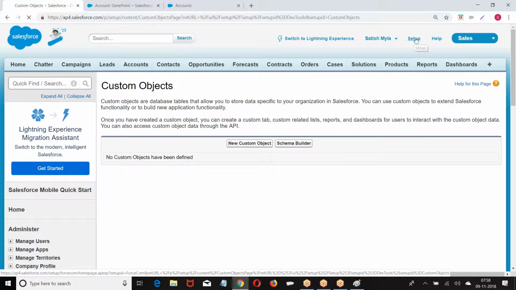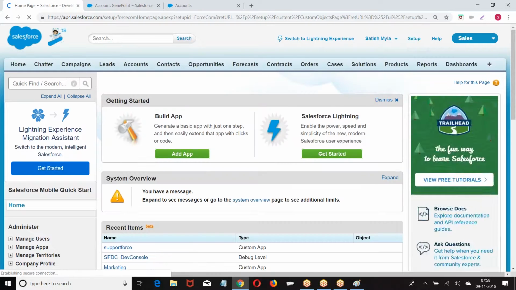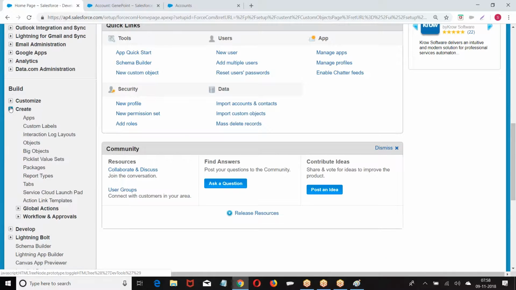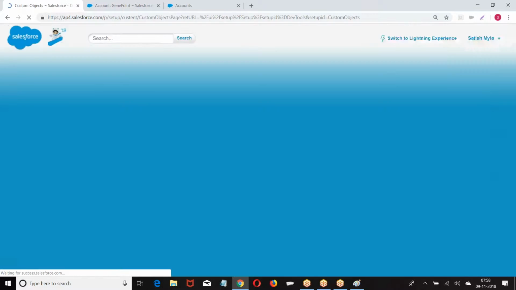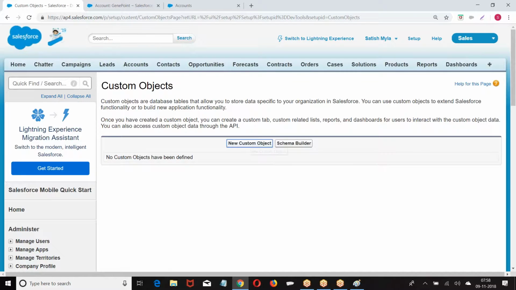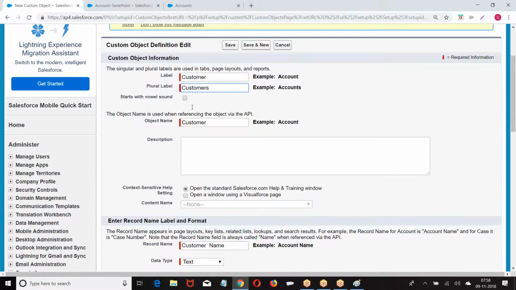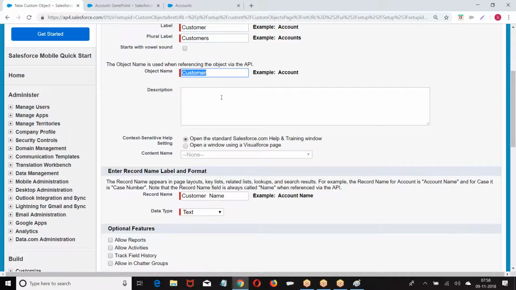Navigation, setup, build, create object, new custom object. Label, the name with which the object should be displayed. Plural label, the name that should be printed on the tab. Object name, the actual name of the object.